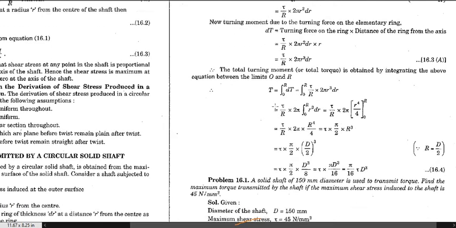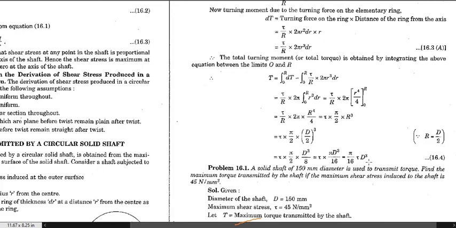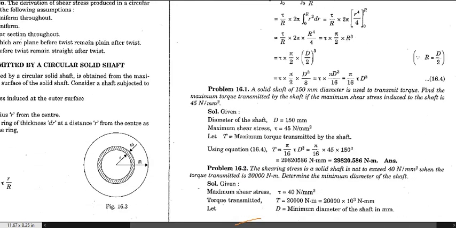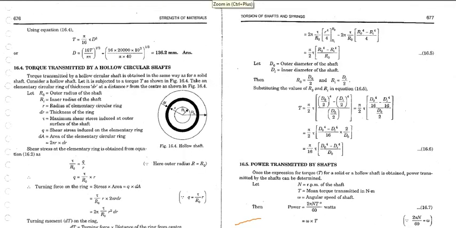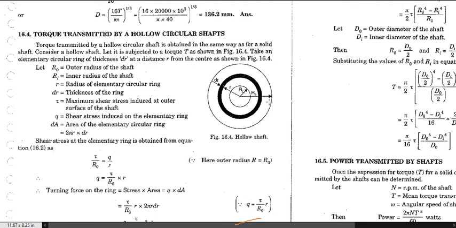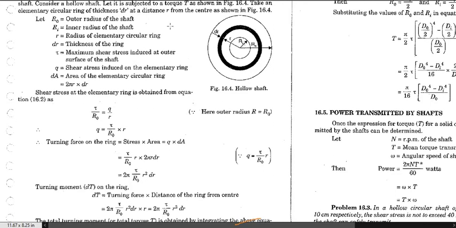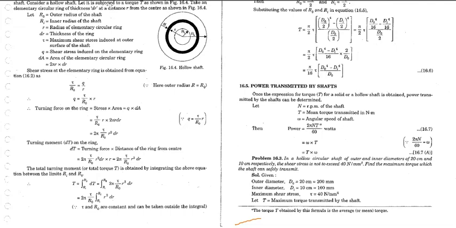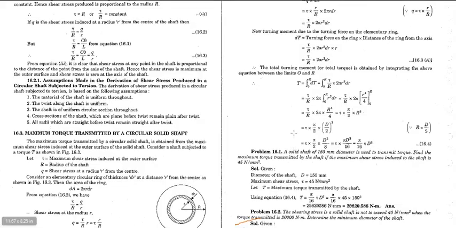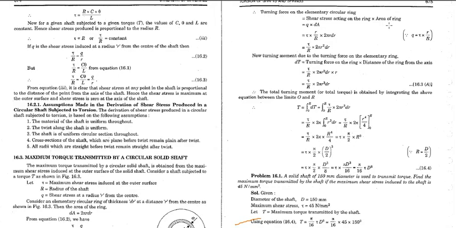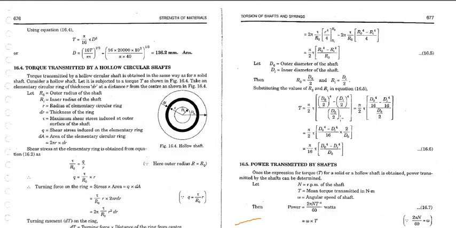Similarly, we can obtain this torque equation if we integrate over the whole section of the shaft, and we will get this equation, pi over 16 times tau times d cubed. Again, we can use a similar formula to calculate various types of numericals. As we have done for the solid shaft, we will do the same for the hollow circular shaft. Every denotation will be the same, and we will follow the same procedure. At first we will work out the stress, then multiply that stress by the area. After that we will get the turning force, multiply it by the radius, and we will get the moment.